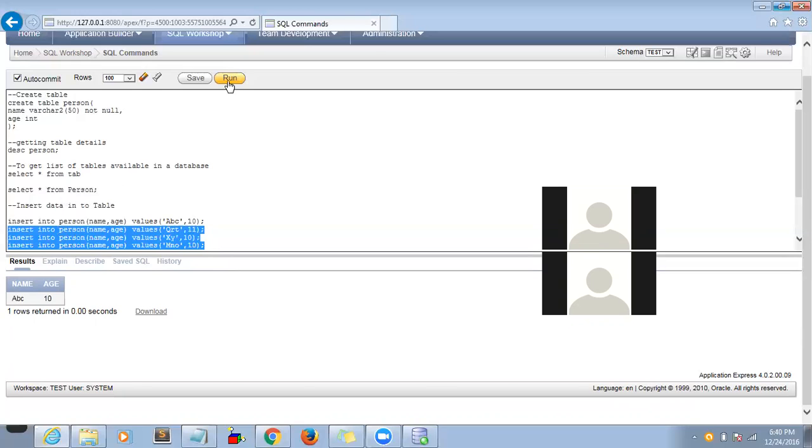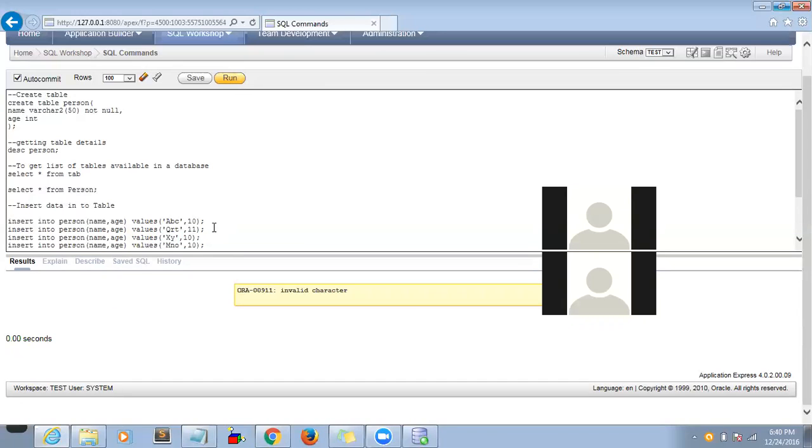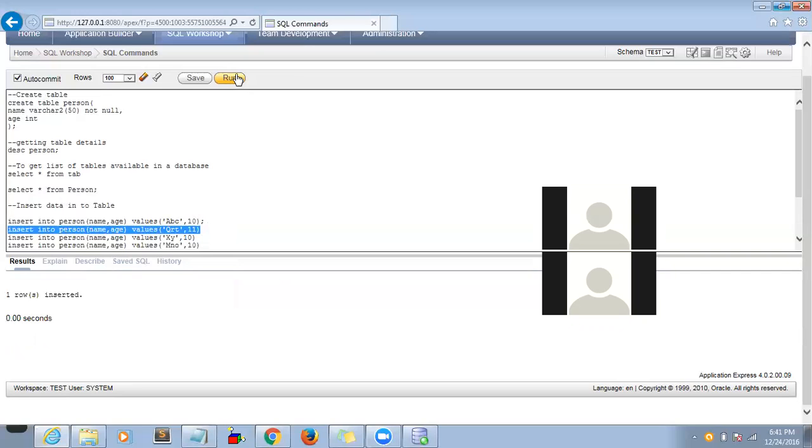Select all the 3 rows and execute. Okay, I think we have to remove this one. If you want to execute all the statements, all the queries at a time, then try this way. So it is not executing. Okay, then execute one by one. Select this one, run. So data is inserted, and select the second query, data is inserted, and select the third query,